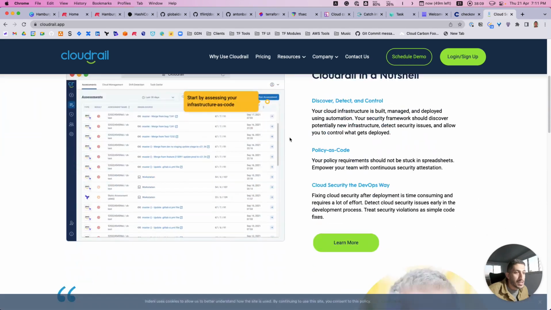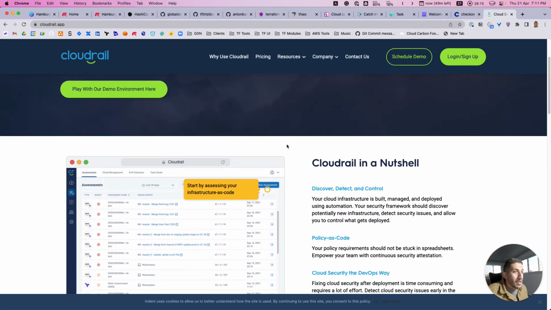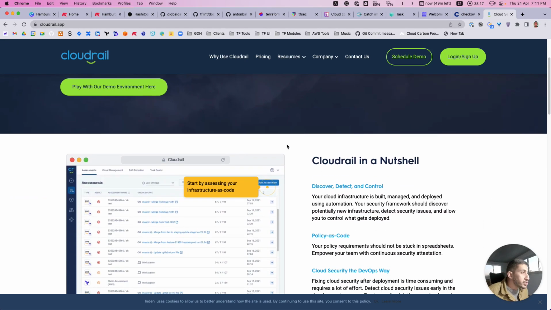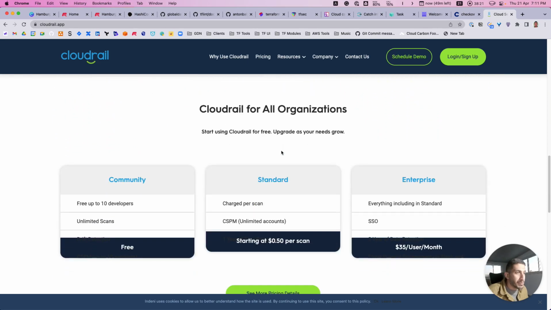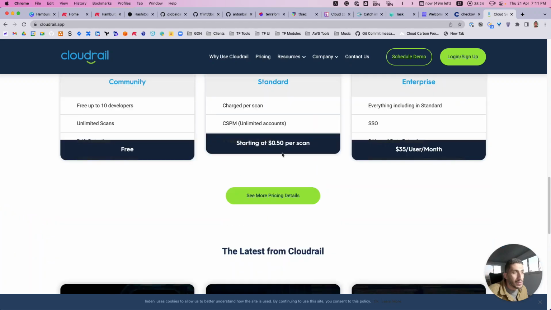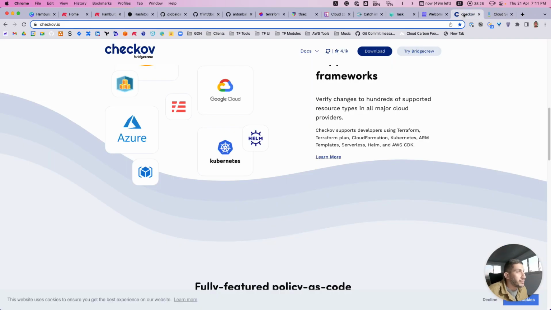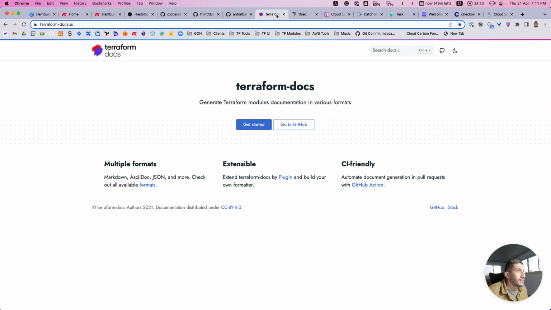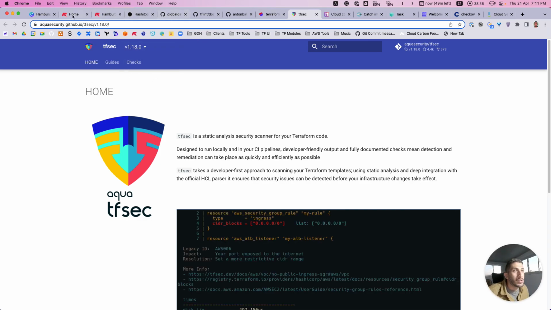I guess these guys use security checks too, but I think we should mention that they give better performance. And you can test their free community tier if you want, or even Checkov, or even TFSec. I mean, it's up to you. Just test whatever works for you and use that. This is the important part.